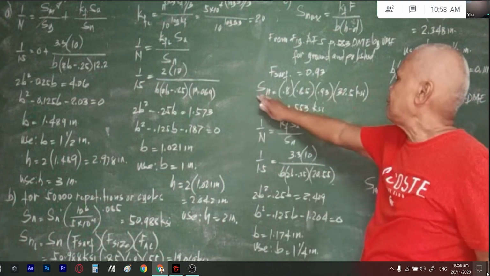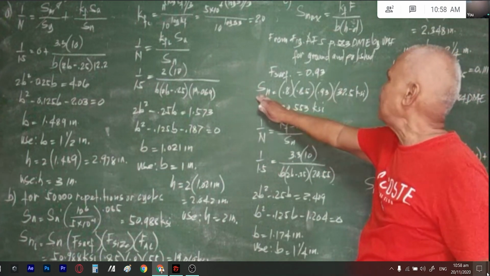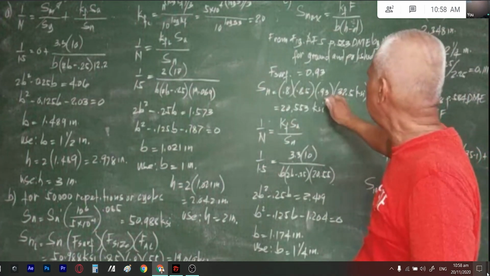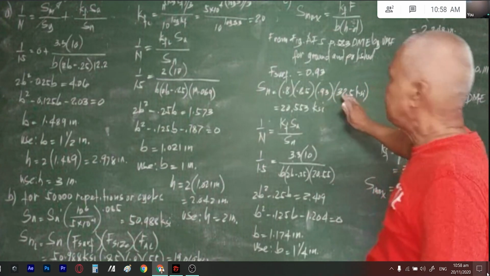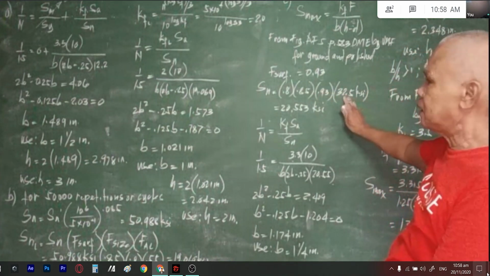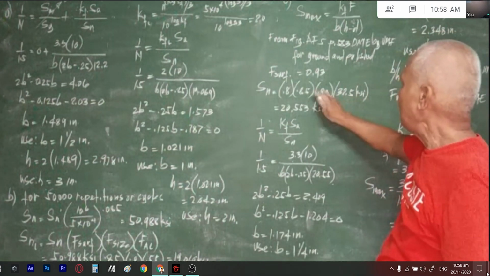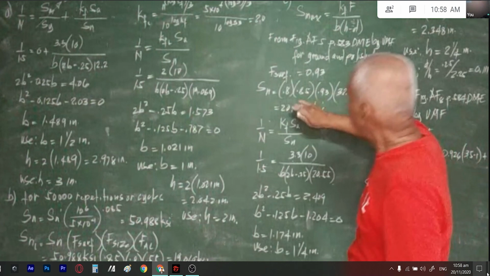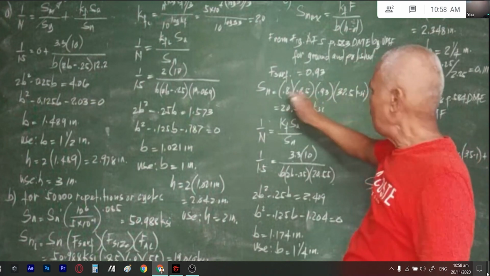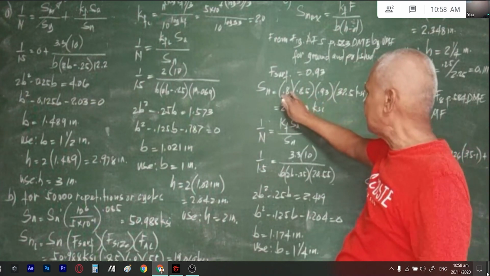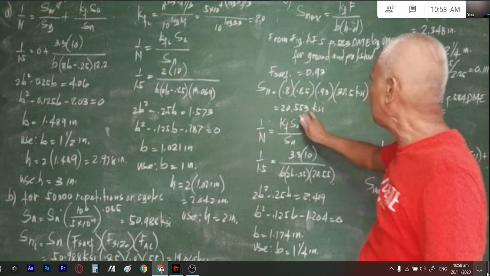So to get the endurance strength, we simply multiply the fatigue limit or the endurance limit by the surface factor, by the size factor, by the axial loading factor,